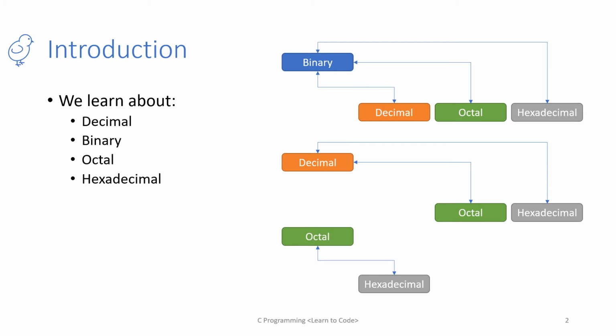So if you remember, I have divided all the conversions into different groups. This is group 1, this is group 2, and this is group 3. In the last class, we covered the conversion from a given binary number to its equivalent decimal number. In this lecture, a decimal number will be given to you and we are going to discuss how to convert it into binary.